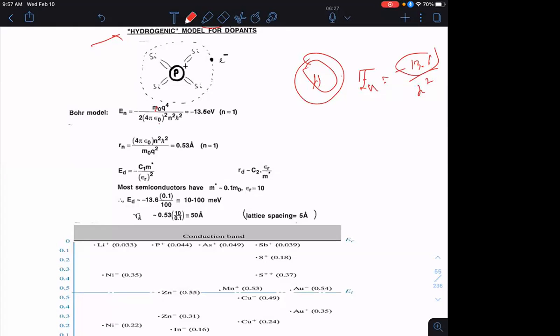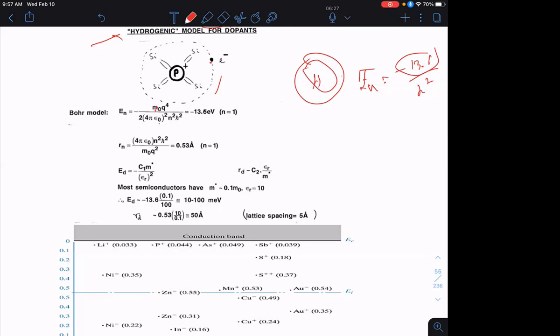Once again, effective mass is capturing the interaction of the electron with this periodic crystalline potential. That's captured in this nice number, which is why it's called the effective mass. The actual mass of the electron does not change. Similarly, wherever I have the free space dielectric constant, I have to replace that by the relative dielectric constant of the semiconductor. So if we put those in, for the ground state in hydrogen, that's 13.6 electron volts,